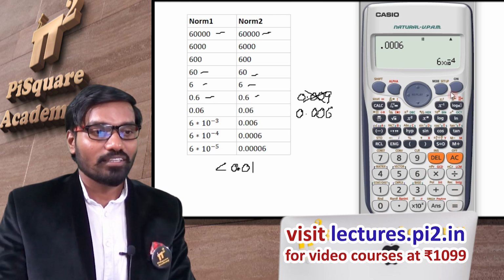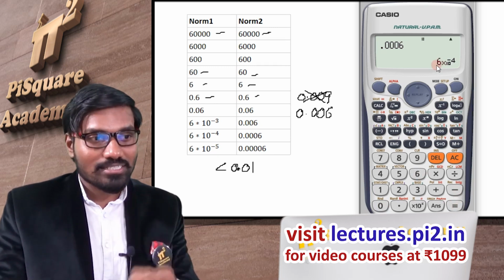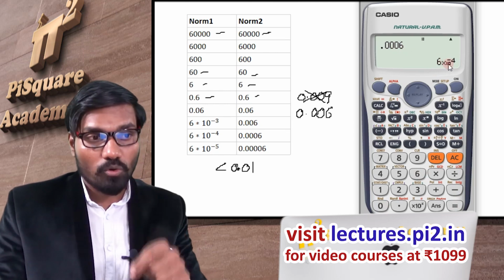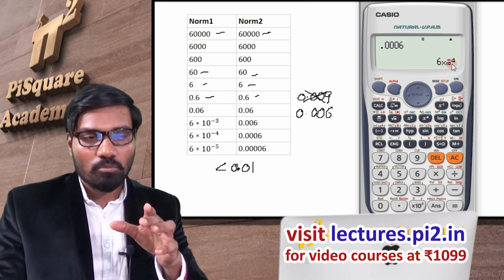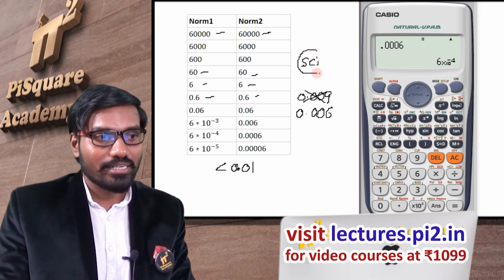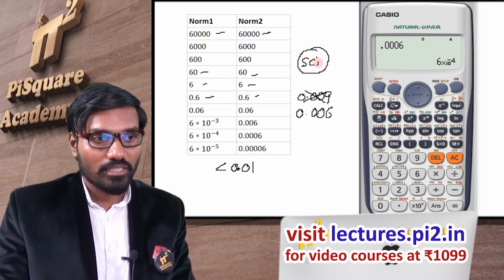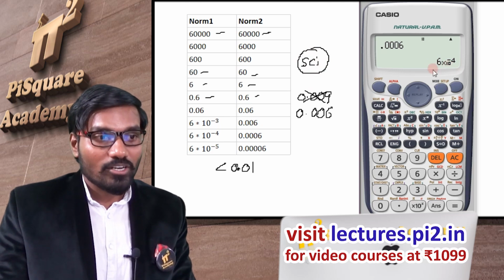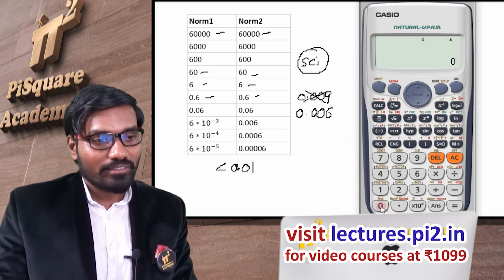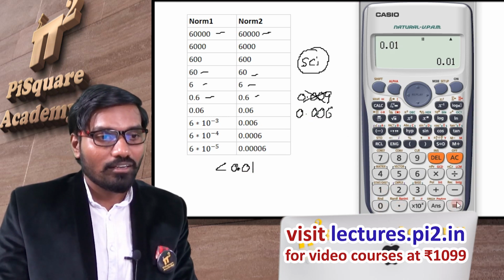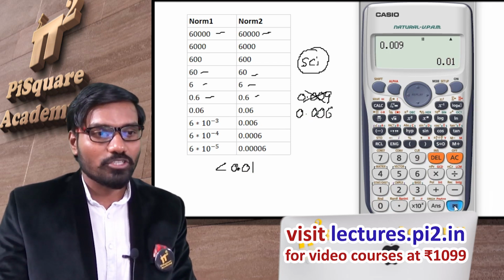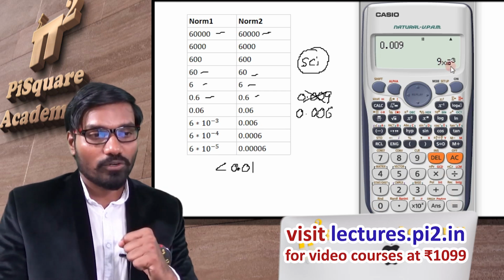0.006, equal to. See here, instead of showing the result as 0.006, it is showing the result in a scientific mode. This mode, the into 10 power mode, is called scientific output display, SCI display. Okay, so now the result is showing this way because this value is less than 0.01. Suppose I enter 0.01, now it will be regularly showing it. If I enter anything less than 0.01, it will change it to scientific mode.